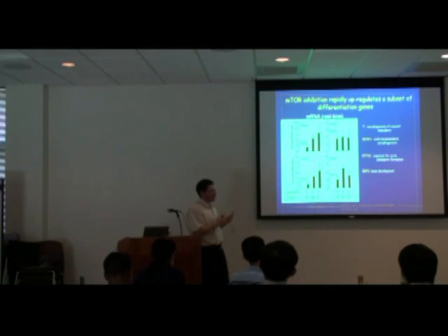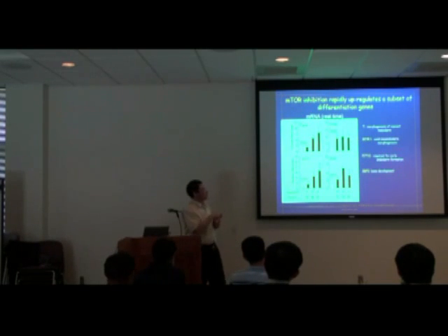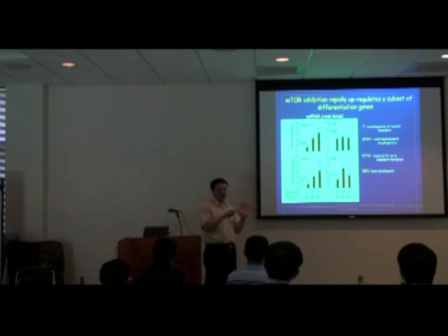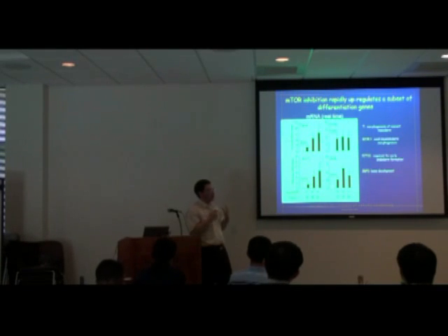But what really caught our attention are a few genes shown here. So we found very rapid upregulation of a subset of differentiation genes listed in here. So for instance, T, MixL1, PITX2, and also EBF2. You absolutely don't have to remember this. But what is really interesting for us is that we realized that these genes are known to be important for mesoendoderm activities. So everything began to come together in our sense.